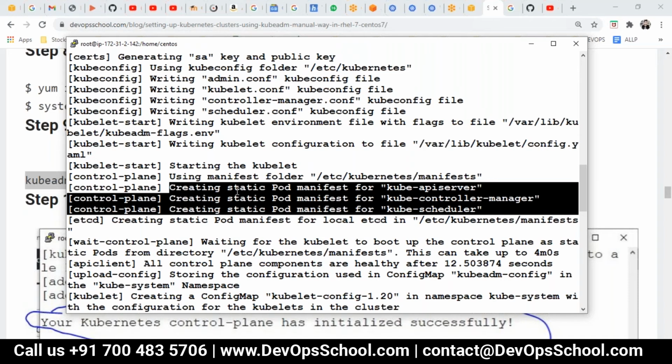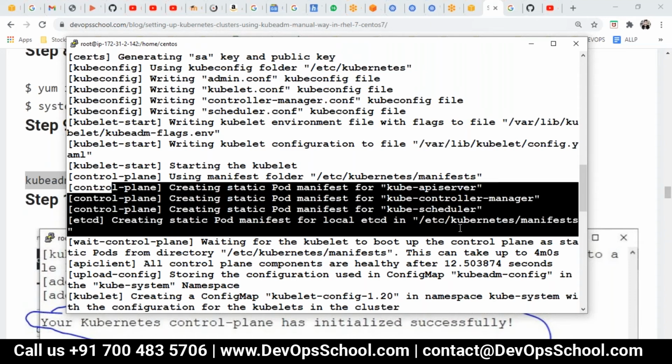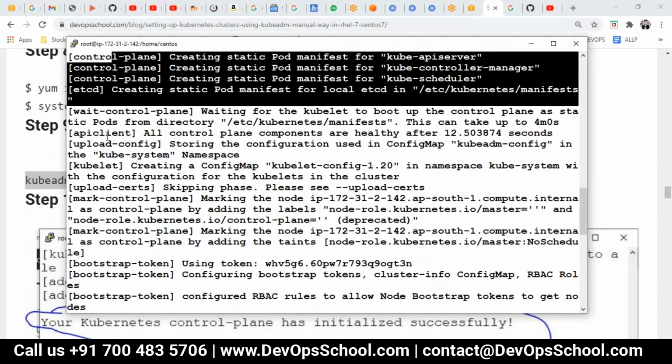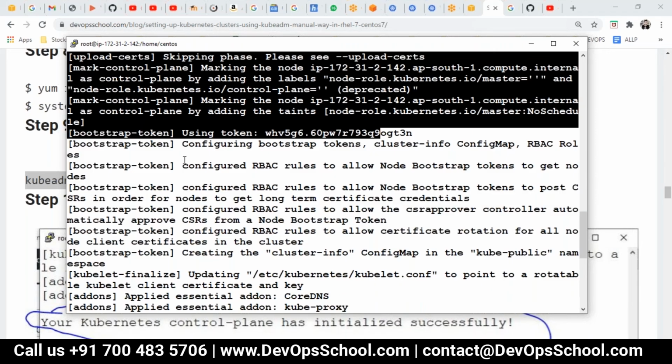Now what is a static pod? What is the meaning of static pod? I'll leave that up to you. This is one of the certification questions, and this question is very often asked in Kubernetes. I'll ask you to explore this. Then you see here, lots of setup is being done. You can read this at a high level.